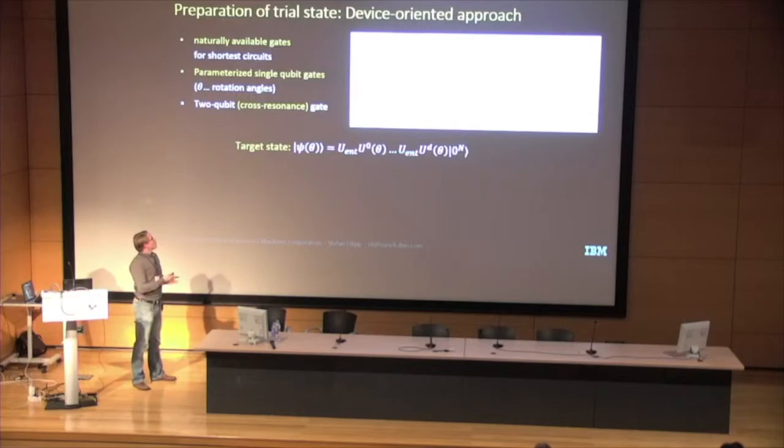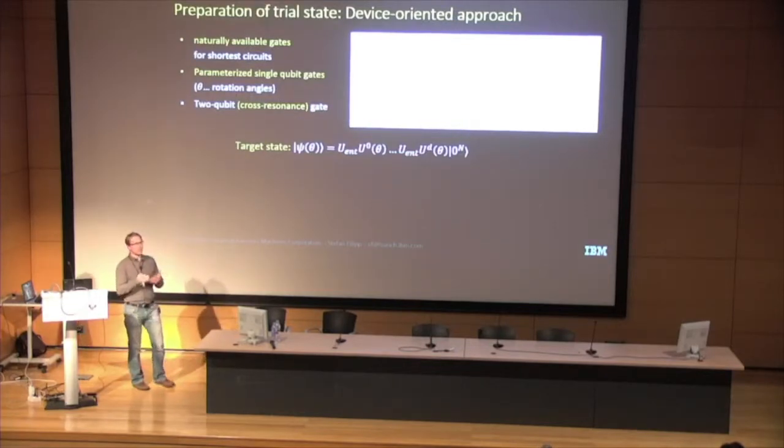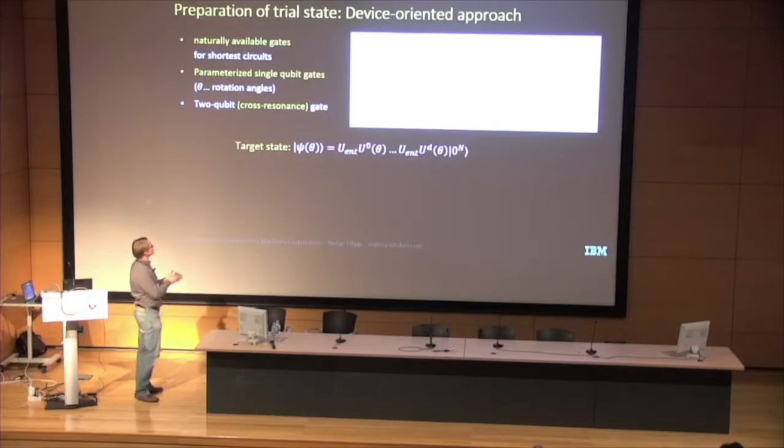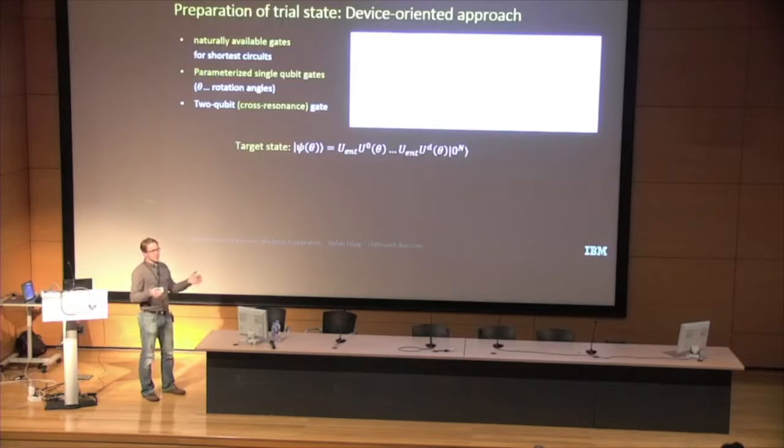So one approach is now to just explore Hilbert space by using the gates that are available, the so-called heuristic or device-oriented approach. So we have a number of qubits. We have single-qubit gates parametrized with some thetas, so that's Euler angles, for example. We have an entangler consisting of cross-resonance gates, and we do this several times after each other. That basically means starting from a simple non-entangled state, you explore Hilbert space by adding more and more entanglement